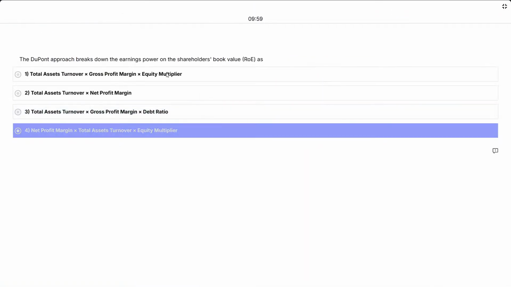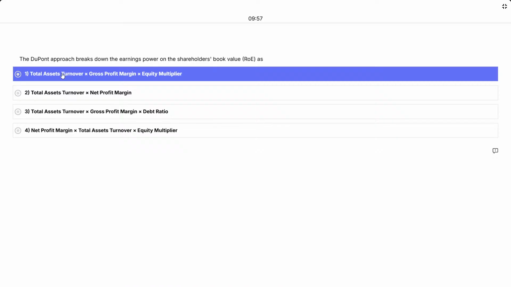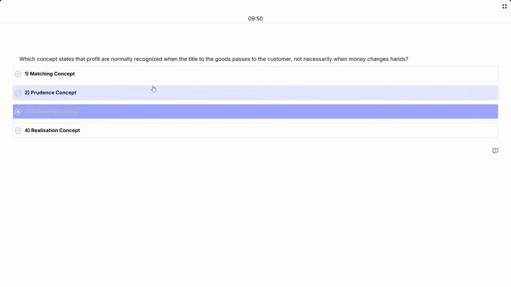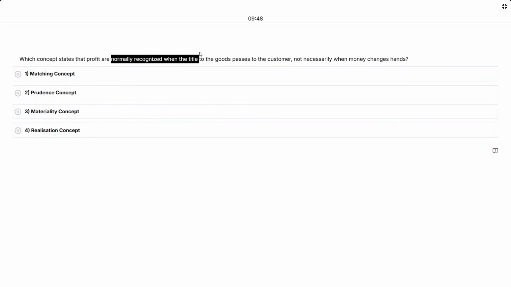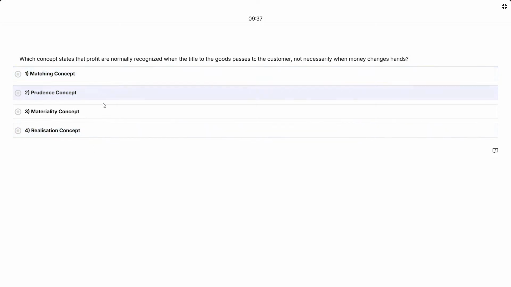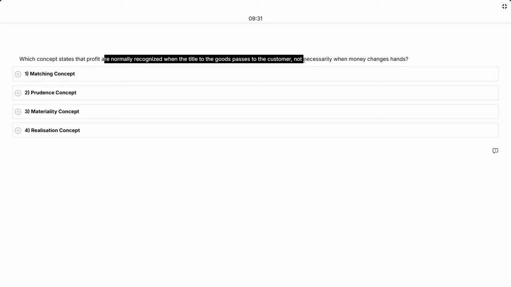ये हमने पढ़ा था, ड्यू पॉइंट रिसर्च एनालिसिस, इट इज इक्वल टू नेट प्रॉफिट मार्जिन इनटू टोटल एसेट टर्नओवर इनटू इक्विटी मल्टीप्लायर, ये हमने पढ़ा था। Profit are normally recognized when the title of the goods pass on to the customer when money changes hands? रियलाइजिंग या मैचिंग कंसेप्ट, ठीक है, इन दोनों में से एक है। प्रूडेंस मटीरियलिटी मुझे नहीं याद है।